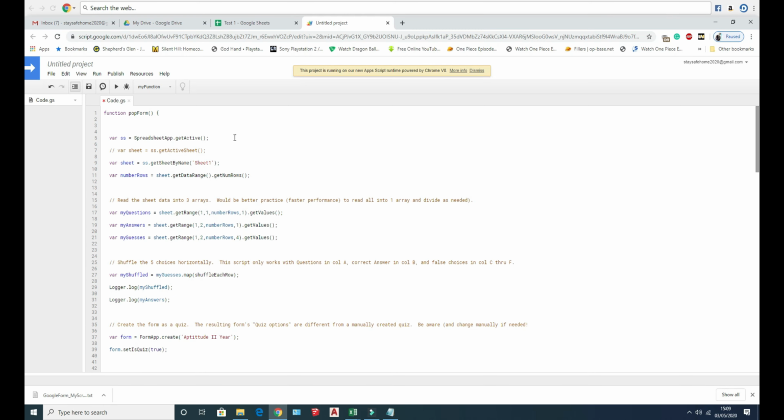Now we can see the sheet name, that is the Google spreadsheet name, and I am able to change the Google Form name. Here you can see aptitude second year is there. I will change it to test 1.